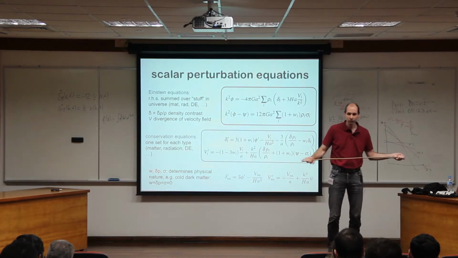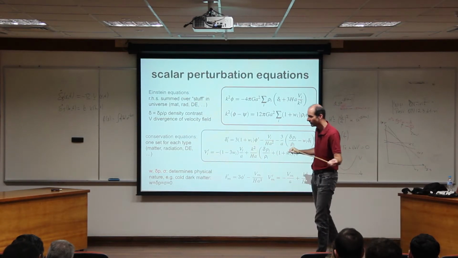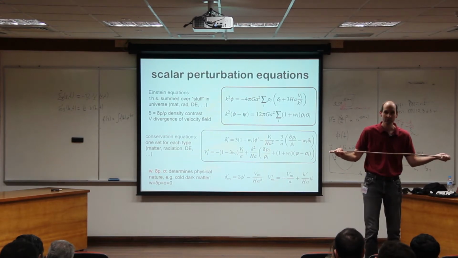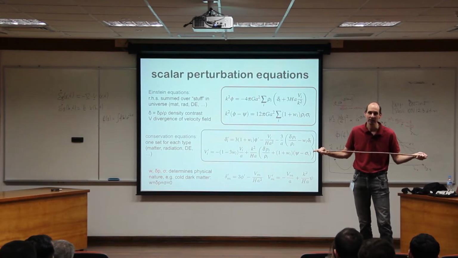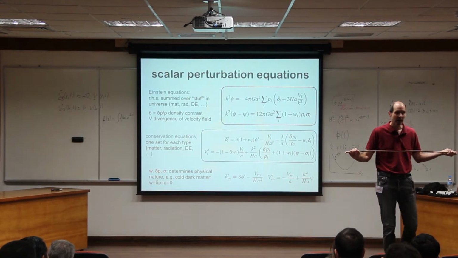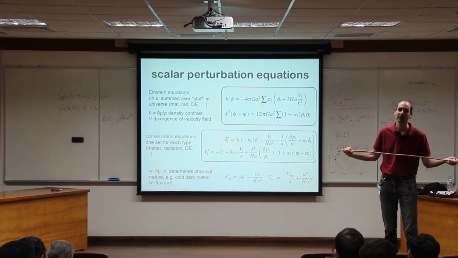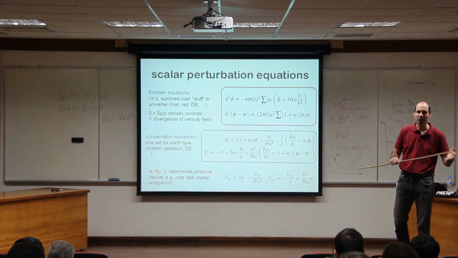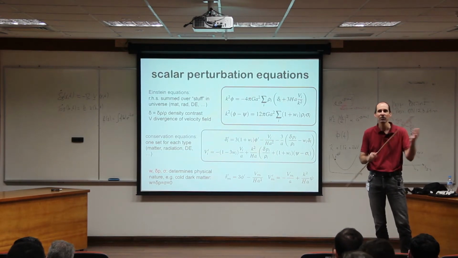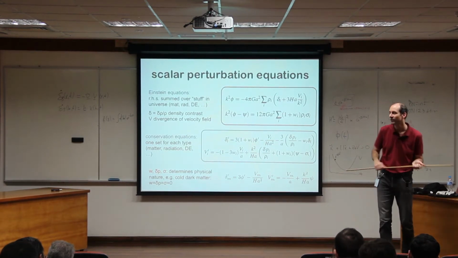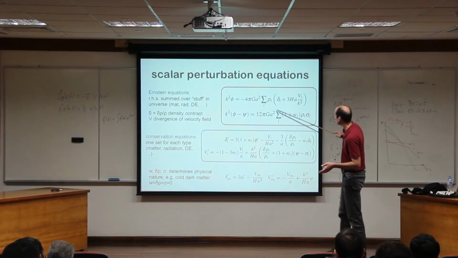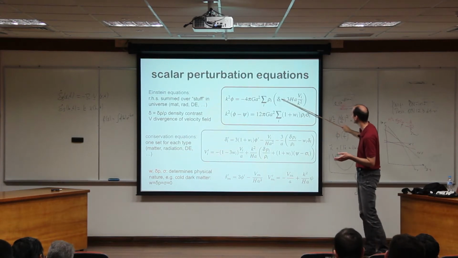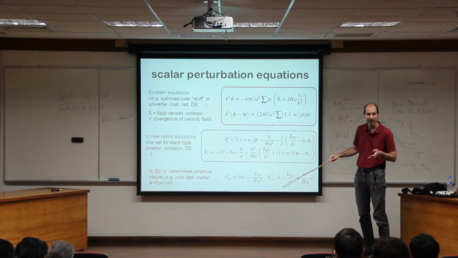And the way you should think maybe about this: I said before, when we look at the background, then we have one geometry variable, a, the scale factor, or H, a dot over a, and we have two matter variables, rho and P, and so we have two equations, and so we have one free variable, and we can think of this as P or w, and that tells us what the material is. And here now we have six variables. We have phi, psi on the geometry side. We have delta, v, sigma, delta p on the matter side.